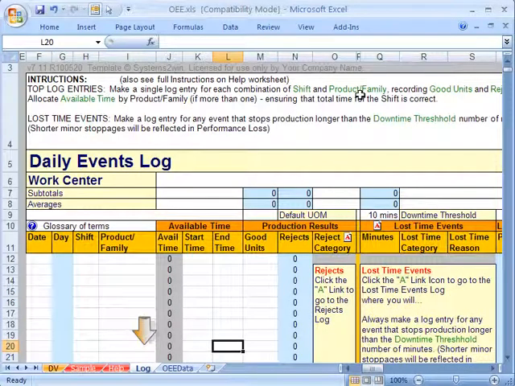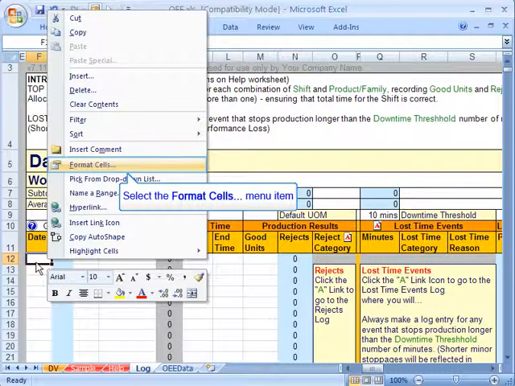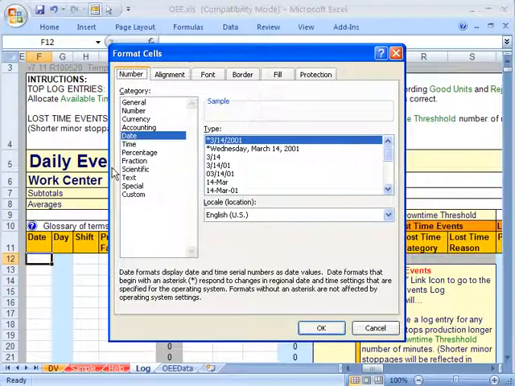Okay, we're up at the top of the page of the log worksheet. And if your leaders haven't already done it for you, you better put in the name of your work center. You will only do that once at the top of the page. Like every Systems to Win template, when you click any row or column header, you will get pop-up help. In this case, telling us how we could optionally change the date format by right-clicking the cell and selecting Format Cells. You can choose any date format you want. Notice that it will default to the asterisk date format up at the top, which means that if you're using a European version of Office, it'll automatically have already converted to the European date format.